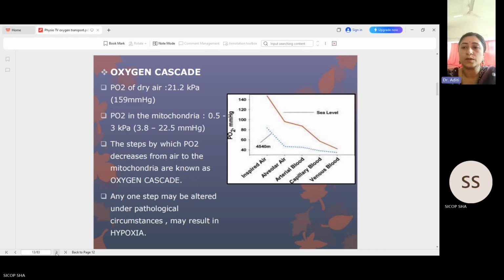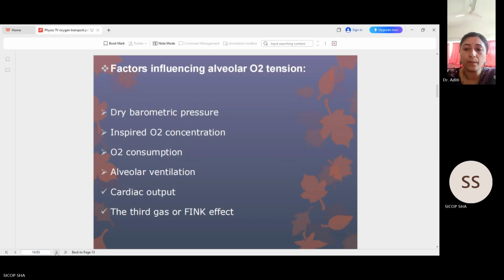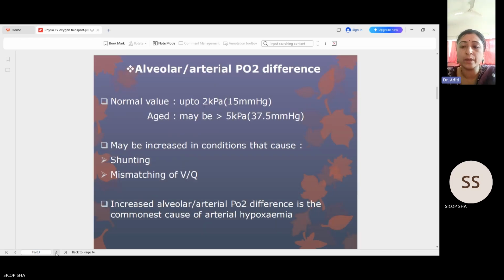Next slide, please. So let's discuss a few factors that can influence the alveolar oxygen tension. Next slide, please. So we have dry barometric pressure, inspired O2 concentration, oxygen consumption, alveolar ventilation, cardiac output, and the Fink effect. Let's discuss what that is. The first three factors are directly related, and the other two factors are indirectly related. The Fink effect is a phenomenon that occurs when a person's oxygen level drops